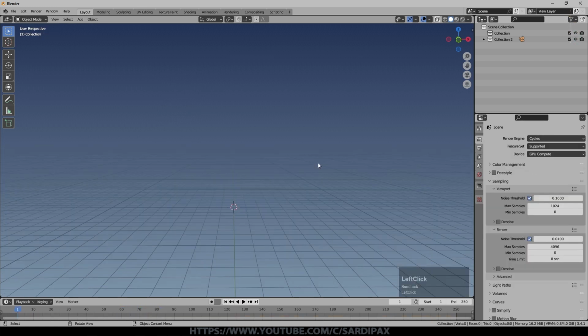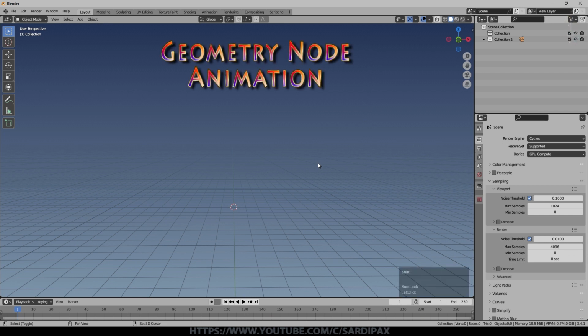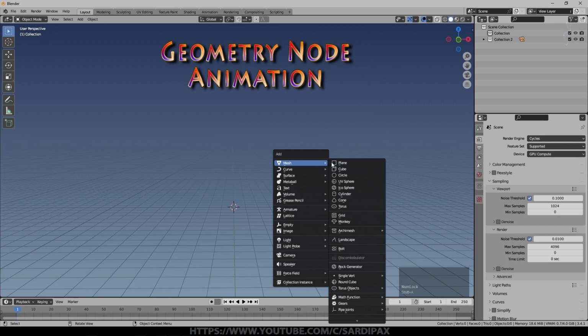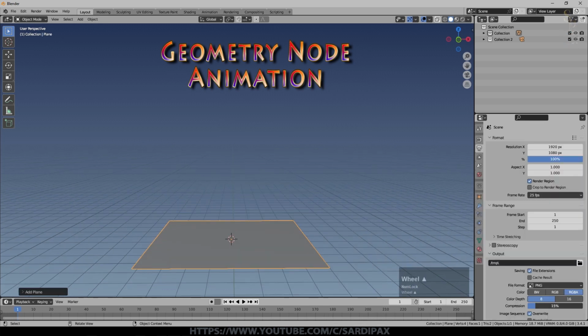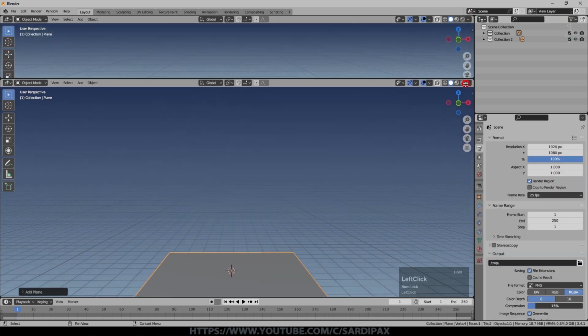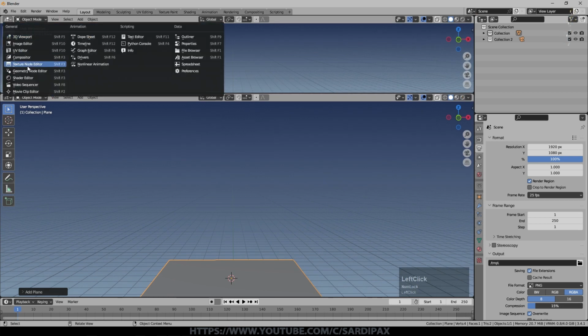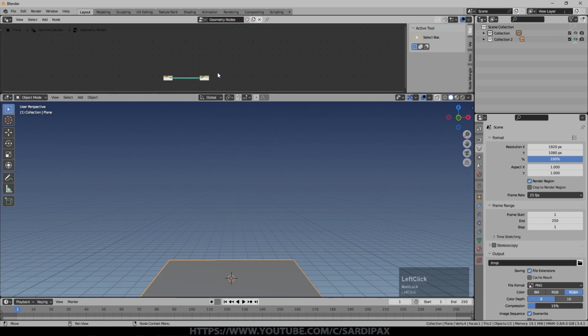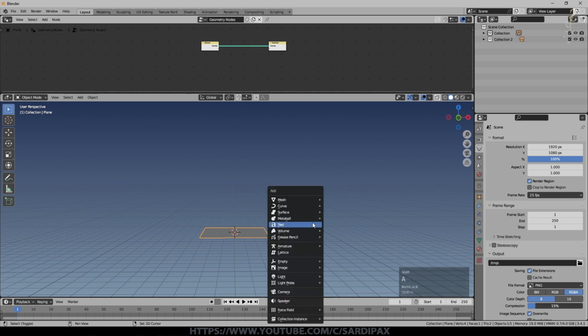So the final thing I wanted to show was really some simple way to animate something using geonodes. And there's many more complex ways. Obviously, I'm just showing the basics here. I'm just going to add a simple plane, and then I'm going to pull up a new window, and we'll make that the geometry node editor, and we'll just say new. Multiple ways we can do the next bit, but I'm just going to do it the simplest way.